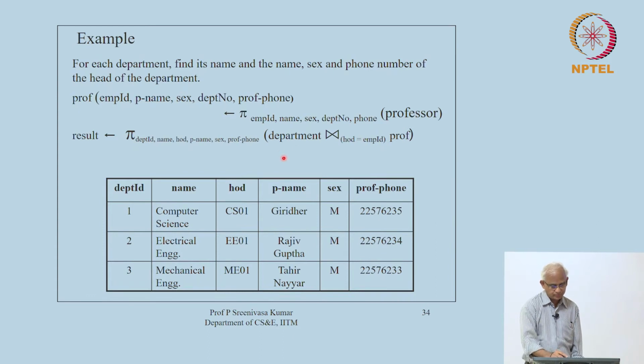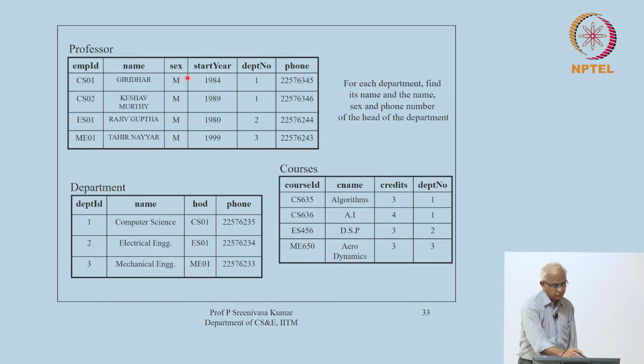Before we do that, some renaming is necessary, because there are some common attribute names between these two relations. The attribute name is common here. And what else is common? Phone is common, phone is also a common attribute. So, we have to do renaming, because we assume that these attribute lists have to be disjoint. So, we will do appropriate renaming, and then